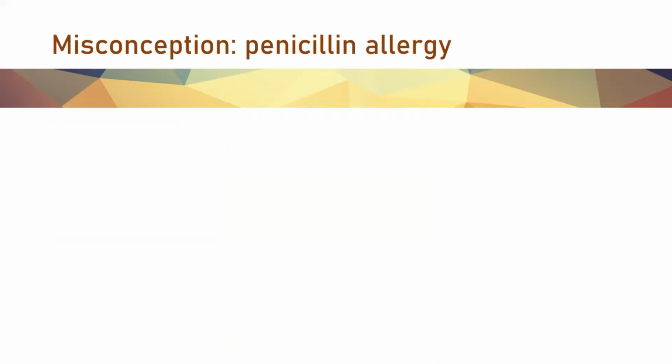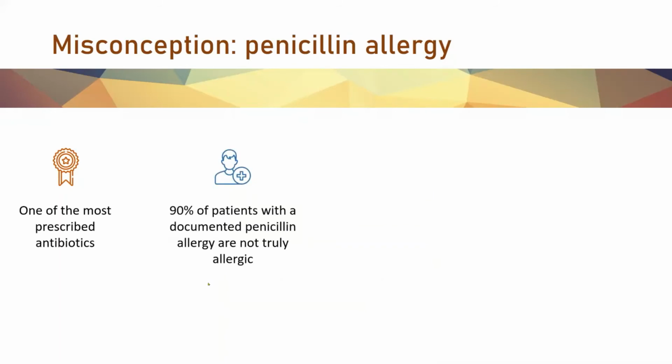So after we saw the truth, let's see a little bit of misconception. I picked two of the most common types of allergies in kids and tried to find what can be a wrong conception. So penicillin allergy is quite frequent, okay, compared to others. Why? Because it's basically one of the most, or the most, prescribed antibiotics, especially in children. So 90% of our patients with a documented penicillin allergy, and the classic thing is the label on the electronic medical chart that can be there since forever in our adult patients, most of the time since childhood, are actually not truly allergic.